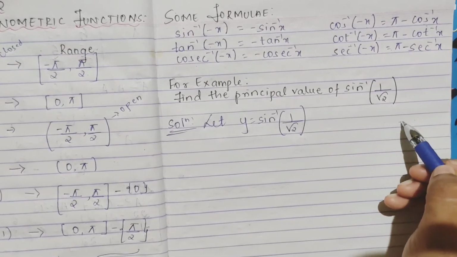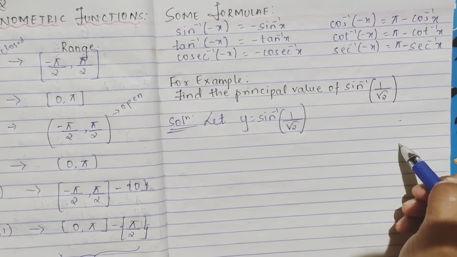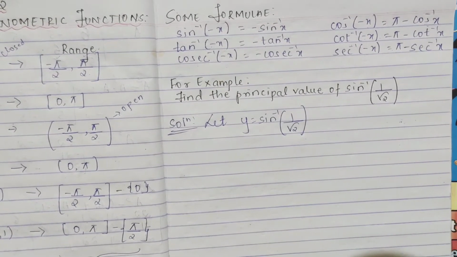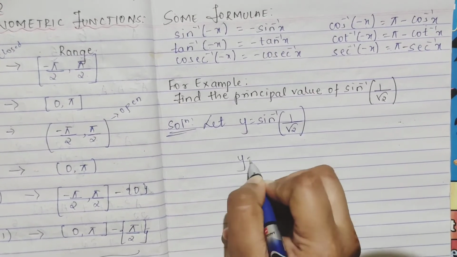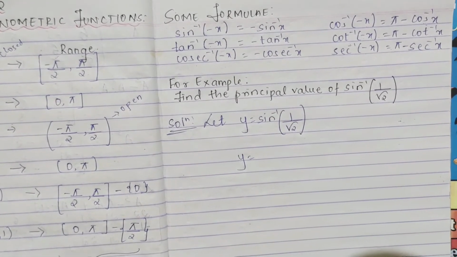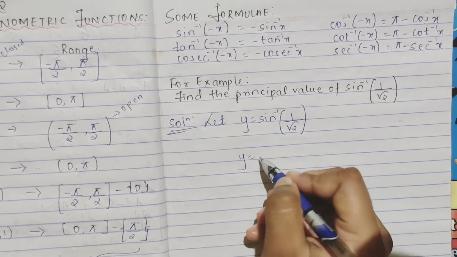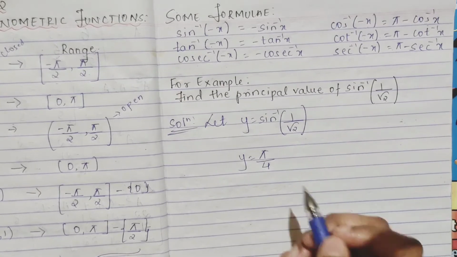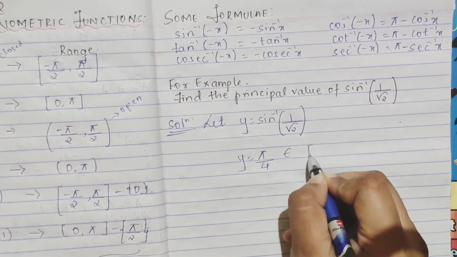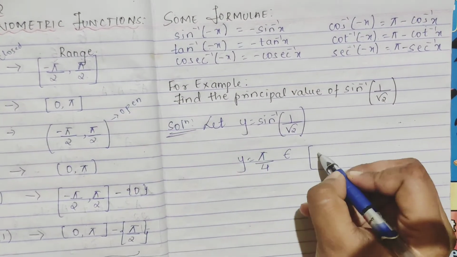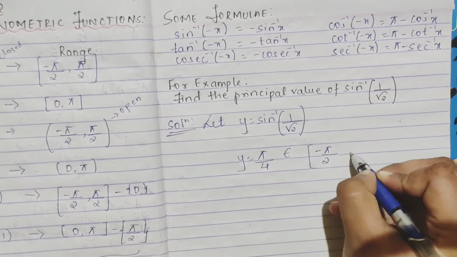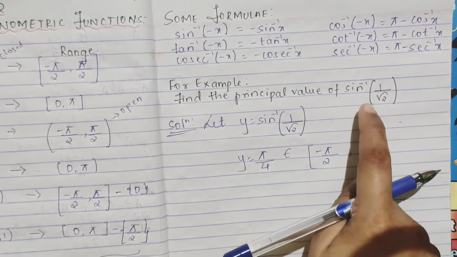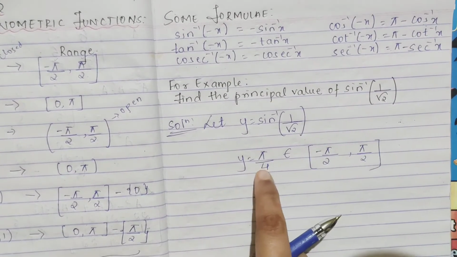That table was for 30 degree, what it is, you used to find the value, but now they'll give you the value and you have to find the degree. Reverse you are going. So y is equal to sine inverse of 1 by root 2, it comes for which angle? Sine inverse of 1 by root 2 is pi by 4, 45 degree, right? Pi by 4 is what? 45 degree. And pi by 4, does it belong to our range? Yes, it belongs. It is between minus pi by 2, pi by 2. So the principal value of sine inverse of 1 by root 2 is pi by 4.